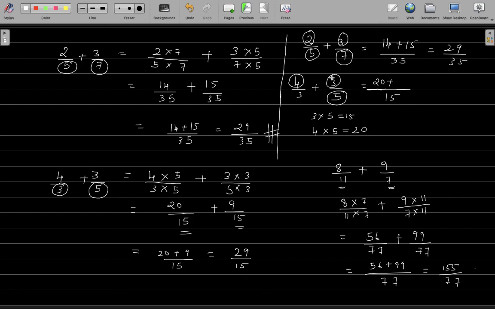And you take, it's kind of a cross multiply, though it is not cross multiplication. You can imagine as if this is in the form of an x. That is, you're multiplying this numerator with the denominator of the second, and you're multiplying the numerator of the second with the denominator of the first. This will give you 9. 20 plus 9 is 29. 29 upon 15 is your answer, which is the same answer you have here. Right? So this is just the same thing. We are doing the same thing, but in a single step.